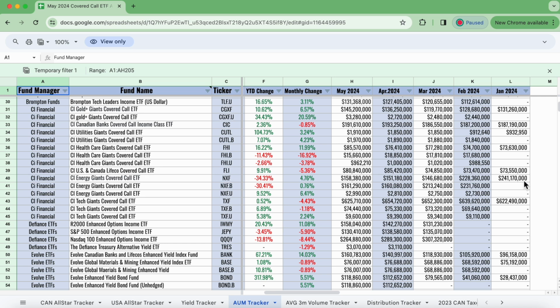NXF. Actually, you know what? On the last tracker, I did talk about the fact that NXF lost a bunch of AUM. It started the year with $241 million and is year-to-date down 34%. CI,